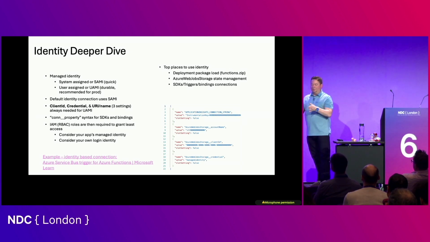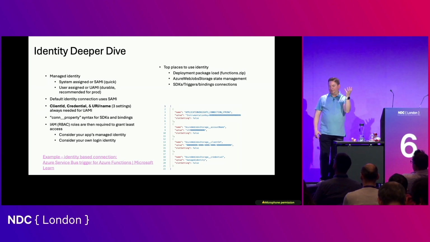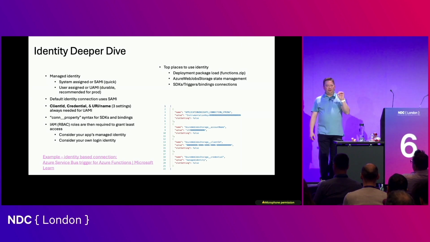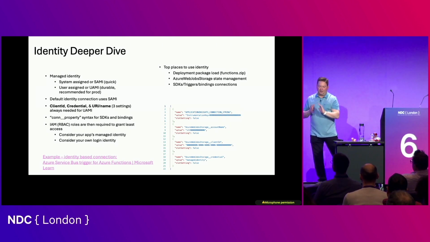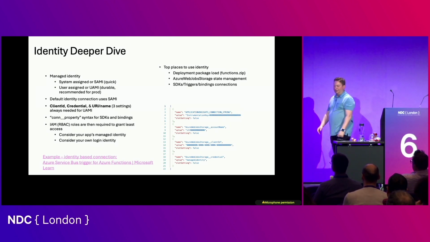And the identity can be applied to an actual service. So we call something a system-assigned identity. It just means a service, let's say an app service, web app, or a function, or a container app. They can have a default system-assigned identity, which is just the identity of that running process in that server, and it's always the same. So that's a system-assigned managed identity. That's really good, in my opinion, for quick dev test. You can use system-assigned. You just turn it on. Really, really easy. Don't have to think about it. But it's got some downsides, and I'll talk about that too.